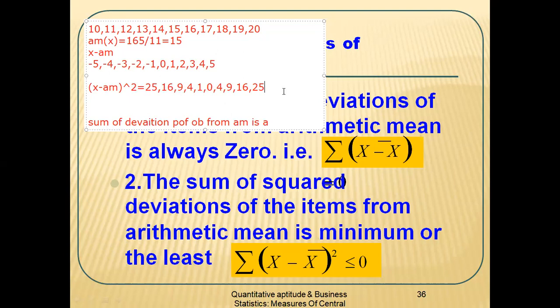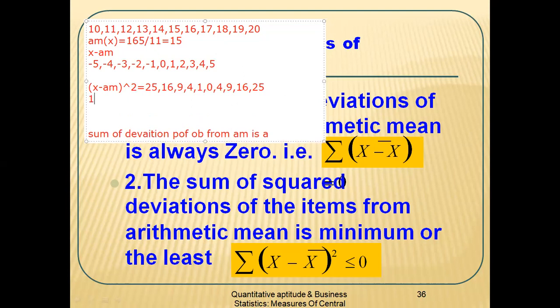The total is equal to 110. That means the next property is: whenever you take the deviated observations, square them and then sum up, that value will always be minimum. That value will always be minimum, or it might be nearing 0. Minimum is nothing but